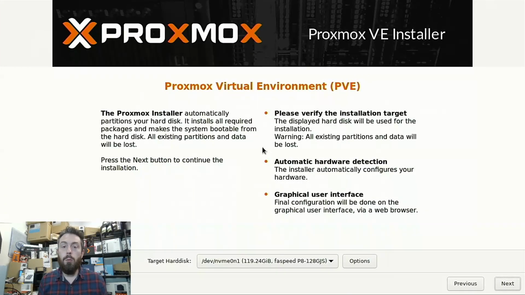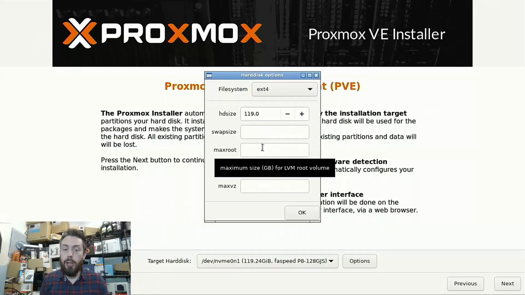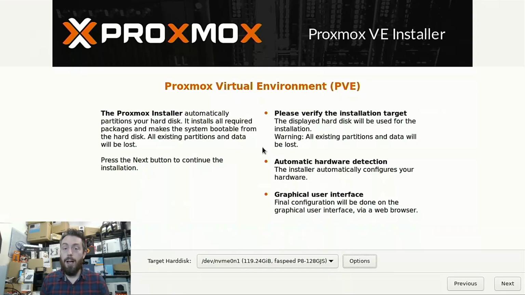From there, it's going to ask you where you want your OS to be installed. So again, depending on the drives you've got inside, different drives will appear. So in my case, I'm going to go for that SSD you can see there. But again, you can change a lot of the options, a lot of the configuration, the size of individual areas that you want to use on those drives. But this is why we go for that M.2 NVMe, because it's pretty much ready to go.